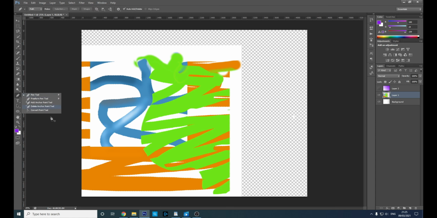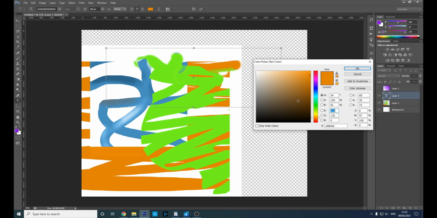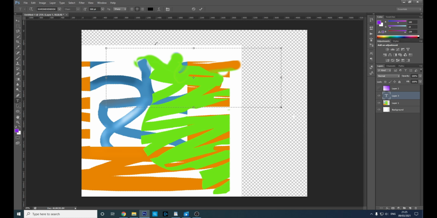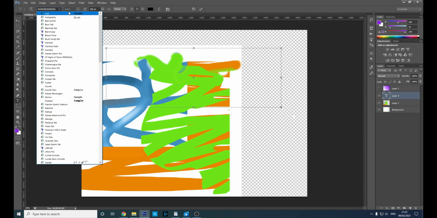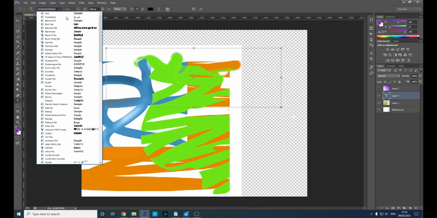You've got the pen tool. That's kind of another selection thing, or you can turn it into like a mask, which is like an advanced thing to do. You've got your text tool. So you'd click and drag to create the area that you want to add the text. You choose the colour up here. We'll go with black, and you can choose your font from all of the fonts. It'll give you like a little indication of what the font's going to look like,